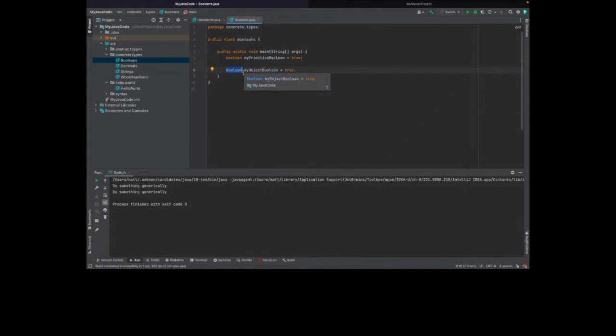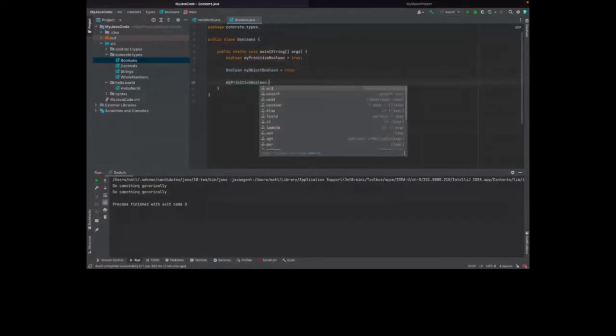But the advantage of using an object Boolean is that you get to do more with it. So if I tried to use my primitive boolean and then typed dot and had a look at the functions available, there are all of these sorts of things, but this is more IntelliJ, my IDE, telling me of clever things that I can do with it. It's not actual functions on the variable itself. But if I do my object Boolean and press dot,